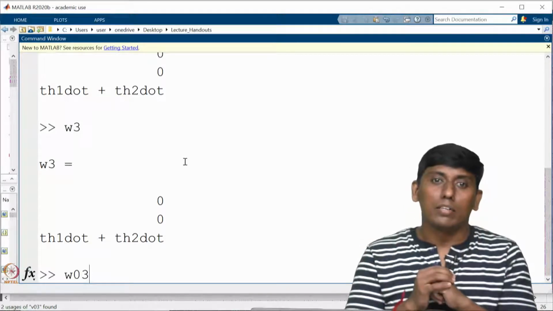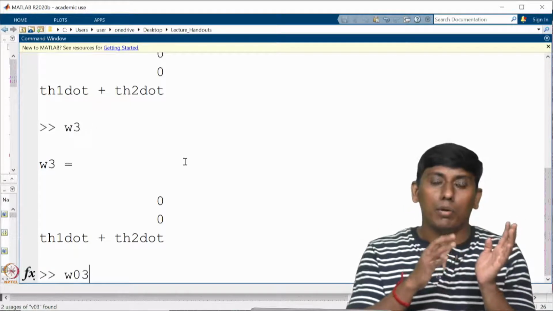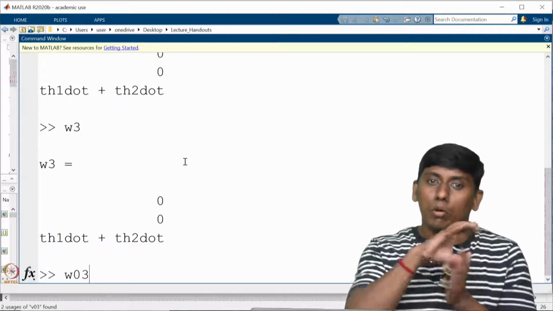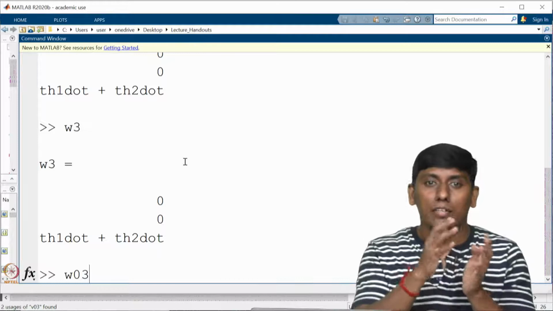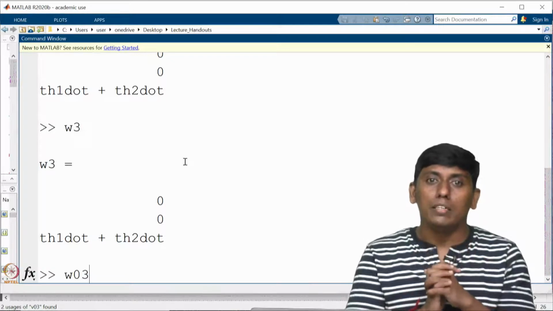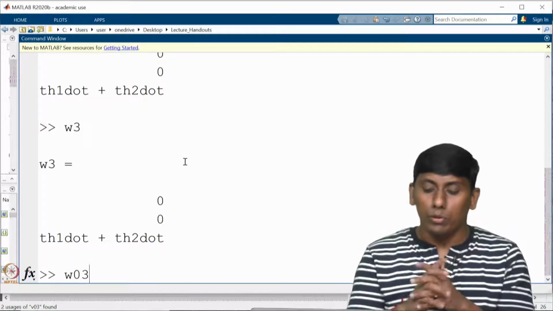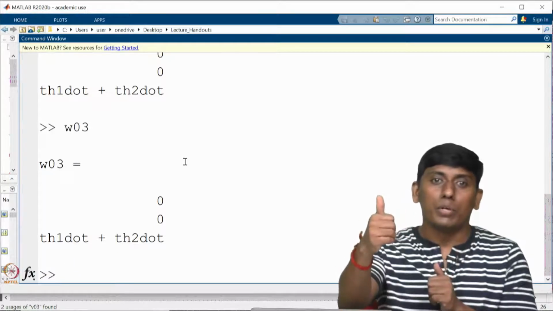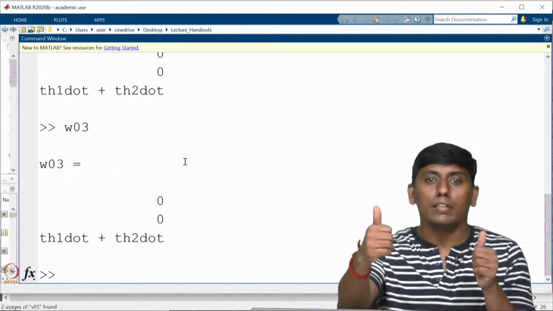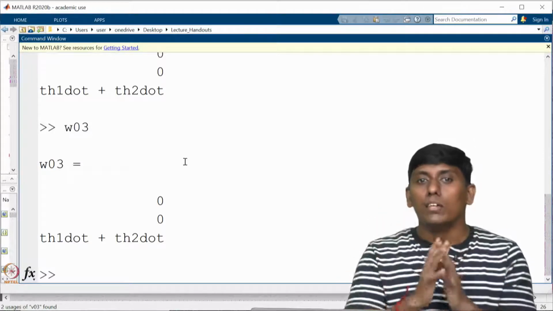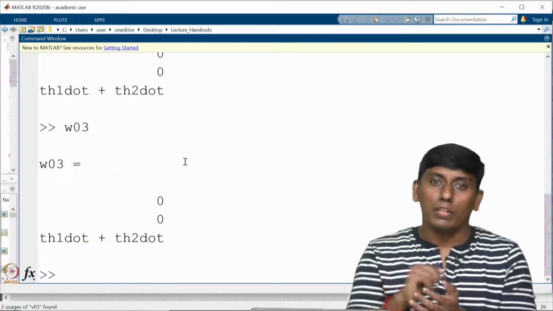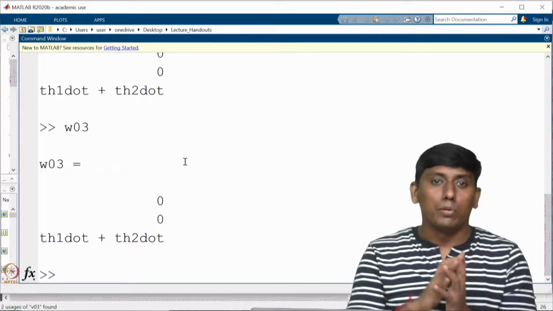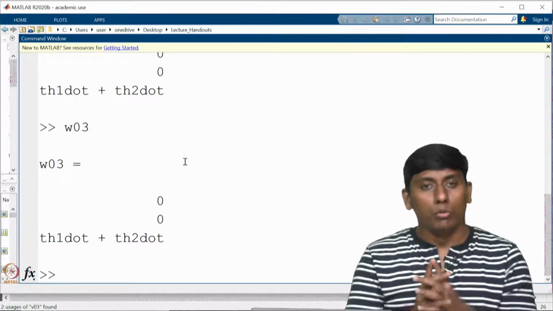Because your rotation matrix would be cos of theta 1 plus theta 2, and so on. Those thetas would be in x and y, but your omega 3 has x and y as 0 0. So the third frame z axis and the 0th frame z axis are all parallel. In the sense, whatever the third frame velocity is would be directly transformed with respect to the 0th frame. So this is correct, you got it.